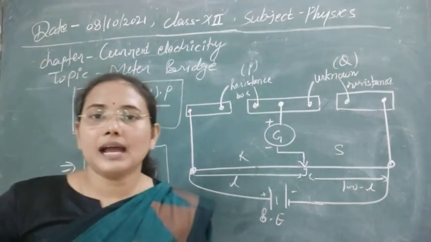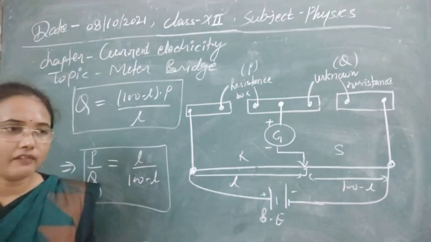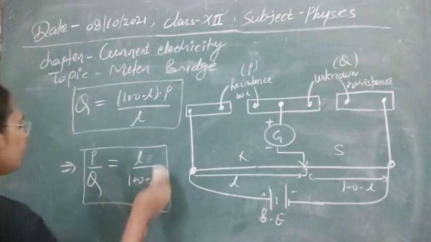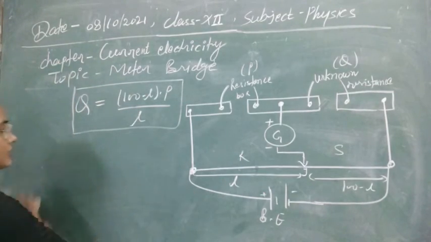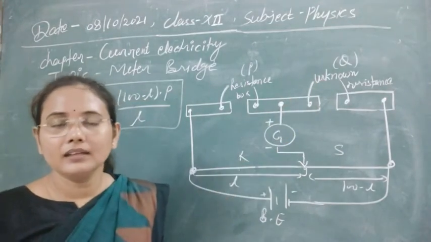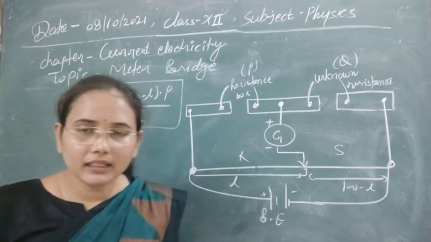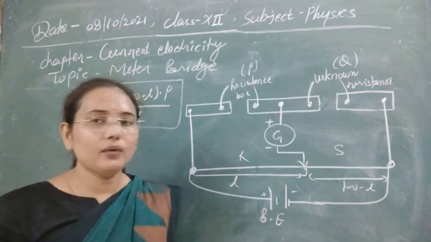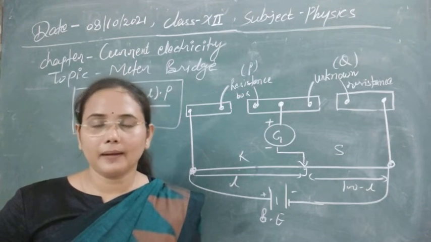So this is our first application of the meter bridge. We can find out easily the value of unknown resistance from here. Now as we have found the unknown resistance, we can measure the known resistance via length and area. Length you can measure easily using a meter scale, and area you can measure using a screw gauge.